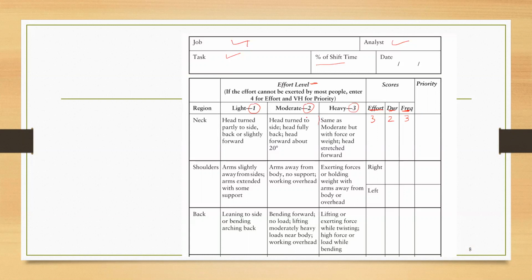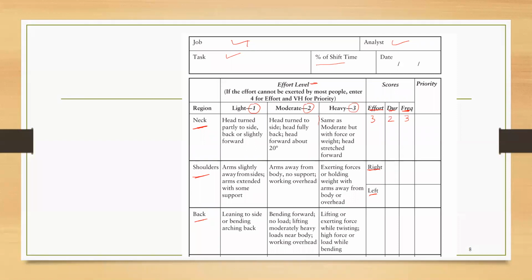we can convert this 3-digit score for each body part into a priority from low to very high under this column. So we are talking about neck, but we will perform similar analysis for shoulders, back, and some other parts of the body as well. So you can see that for shoulder, we have to assign a score for both right and left shoulders. So there will be a 3-digit score, and then we will assign a priority rating.